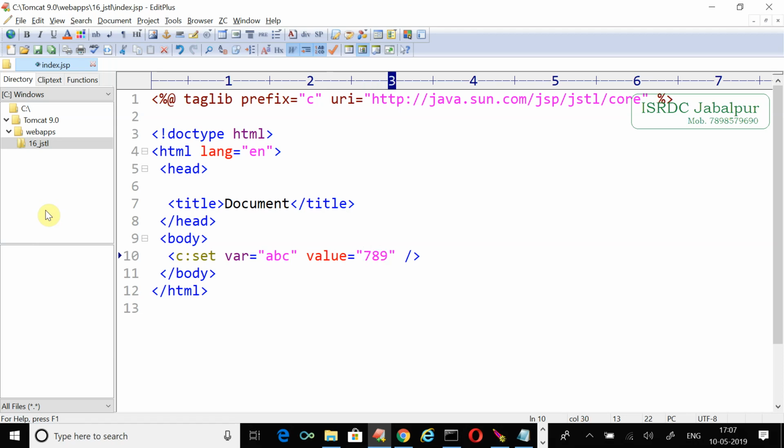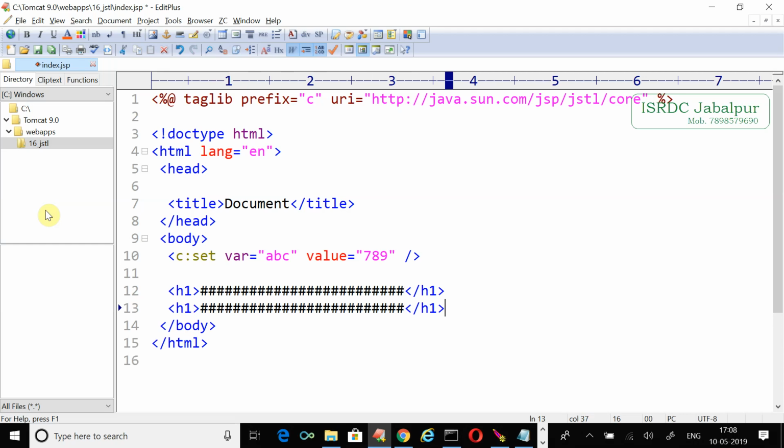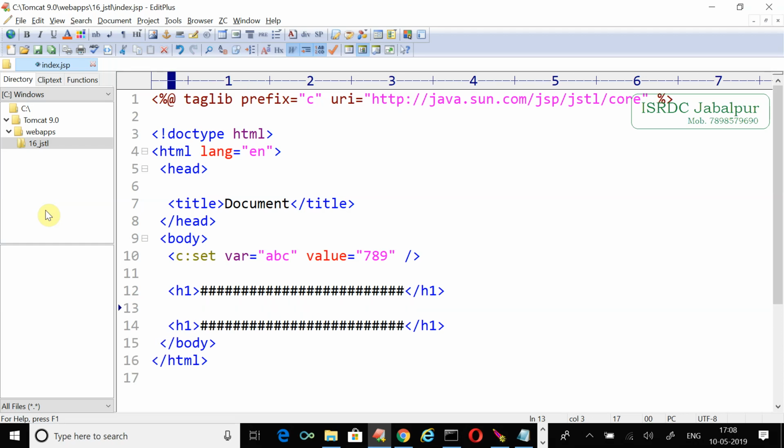Now, what if we do not provide the scope? If you don't specify the scope, then the attribute will be saved in the narrowest scope, which is pageScope. To understand this concept, we created a heading tag. Just create a line decoration, and in between the lines we can print this value, c:out